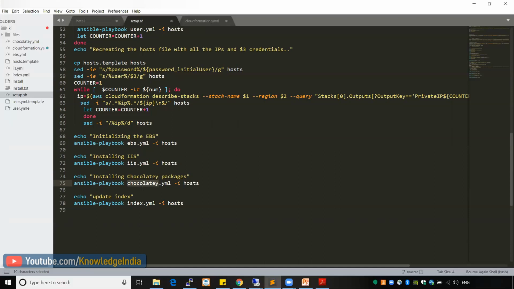So this is another package repository manager. We're using Chocolatey for Windows to install a few of our packages, for example, Google Chrome, AWS CLI, or Notepad++, things like that. After that, I'm updating my index file to have a custom welcome page on my IIS. I'll get back to these ebs.yaml, iis.yaml, chocolatey.yaml, and index.yaml, but let's just see what's the progress on